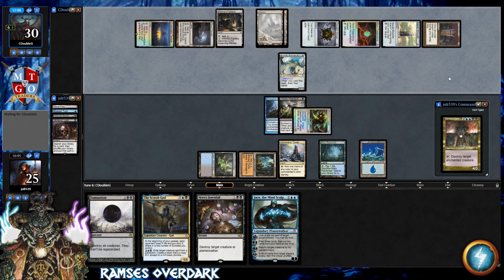So if you're thinking about building Ramses Overdark, if you come across this video via YouTube search, definitely build it that way, because I did originally build Ramses as a straight up aura deck, and Dimir is just not well suited for aura. It's just not that good. So, something you want to keep in mind. Now with Mishra's Factory, if we end up going for...